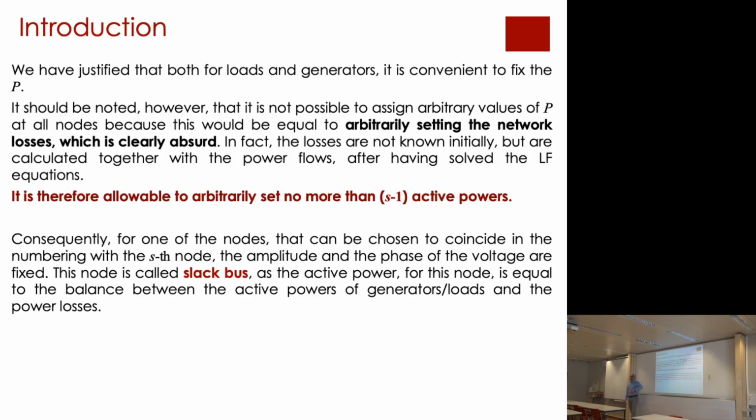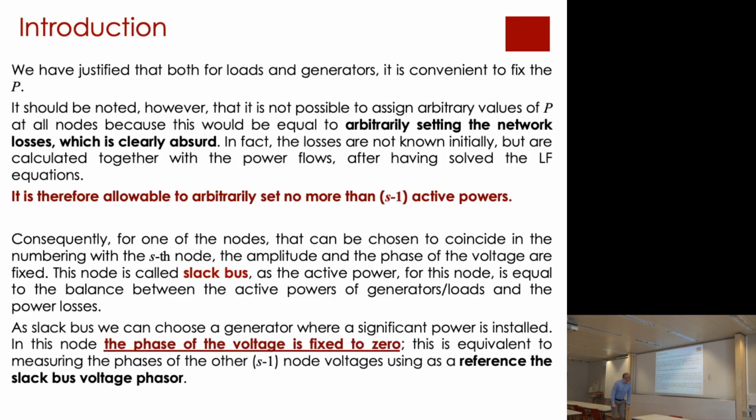Normally, the slack bus is in a physical system. So let's suppose that you have a closed power grid, a closed power system, an island, let's say. It is typically the largest power plant you have in the system. Okay? Just to give you an idea of how to pick the slack bus. So, indeed, as I wrote here, the slack bus can be selected as a generator where there is a significant amount of power installed. In this case, as I said, the phase of the voltage is fixed to 0